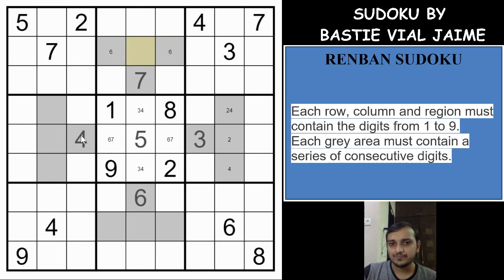Same way for the 4, you need to have a 3 here to make consecutive groups of 4 shaded cells, because if at all you don't have a 3, you will have 4, 5, 6 and 7, and 7 is already in the column. So it means that you will have a 3 here and possible only in these 2 cells. The same way for the 6, if you see, you cannot have a 4 here. That means you can have 5, 6, 7, 8 and 6, 7, 8, 9, which means that 7 and 8 are the sure possibilities for the shaded cell. So we have marked a few of the pencil marks in the shaded cells.